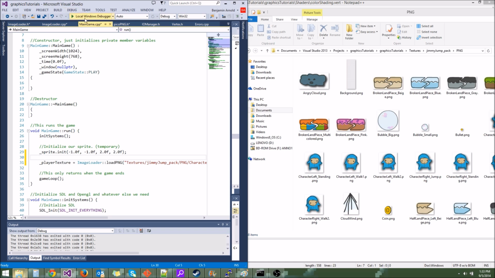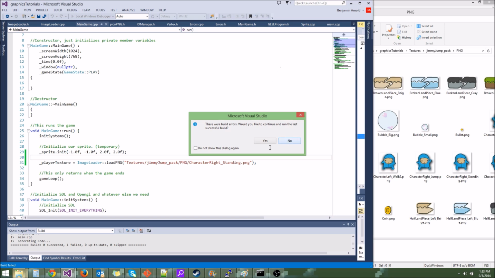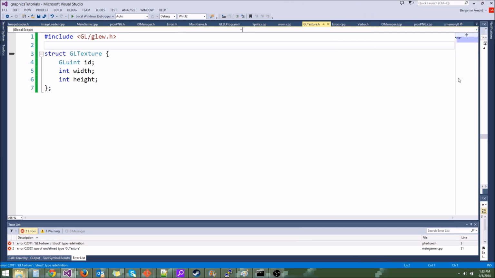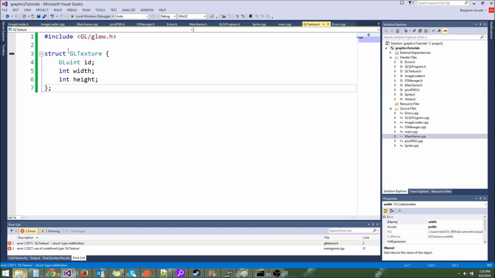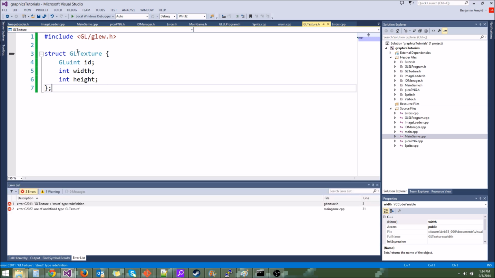And let's go ahead and run that and see if it does load the texture without giving us an error. We should get build errors. Of course we get build errors. We are getting redefinition. So this is a good error for us to get so that you know what to do about it. So I created this GL texture.h and I included it in, I guess, several places, and now I'm getting this error struct